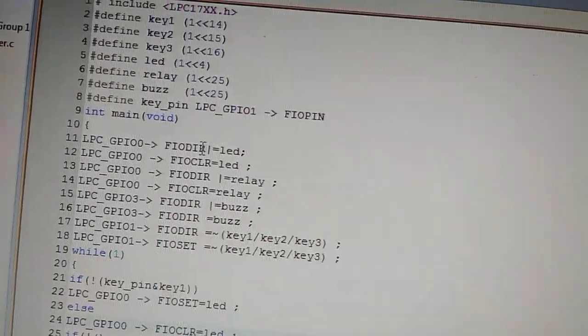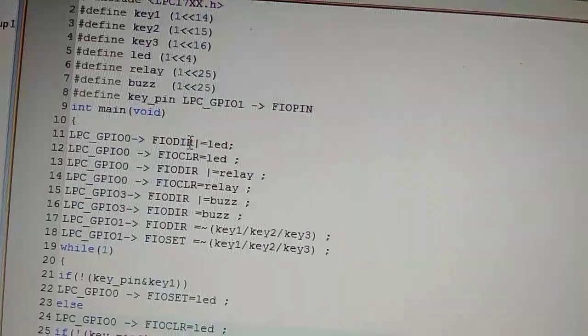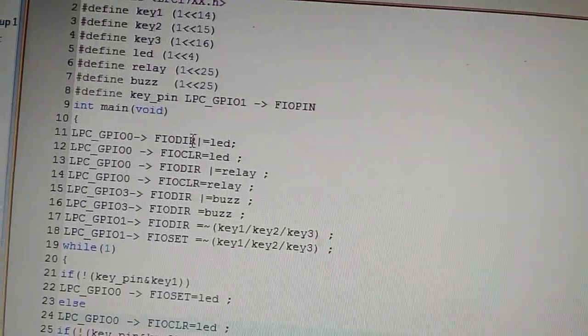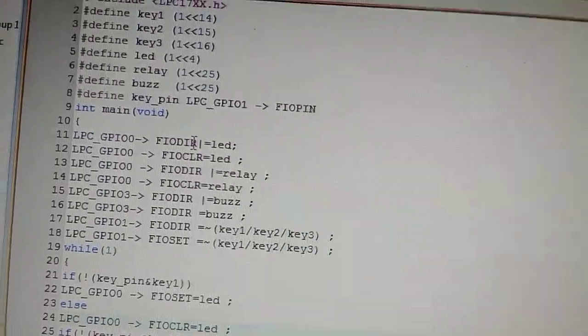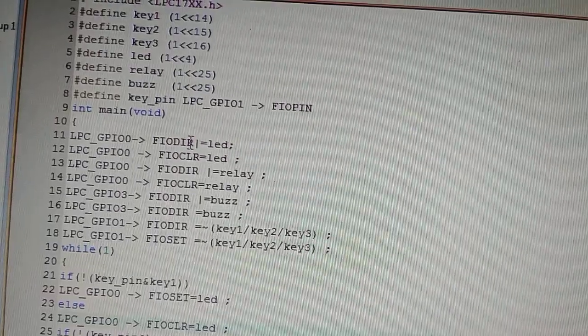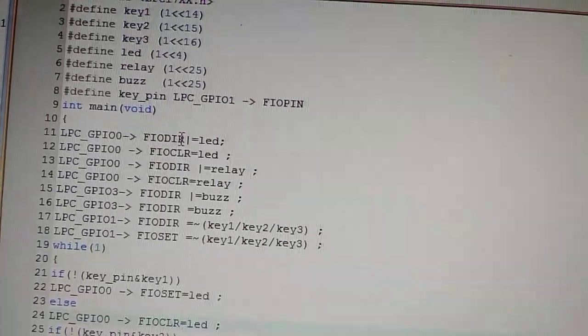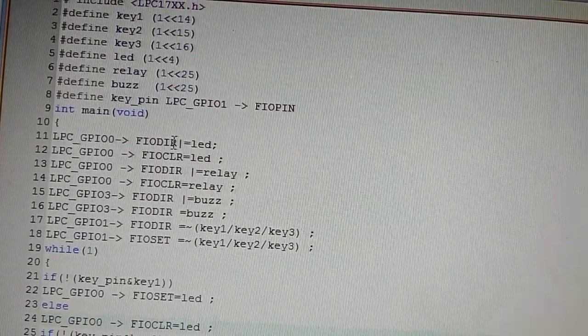So this register will set the direction of the pin, whether that pin is configured as input or output. Suppose if I am going to configure that pin as output, then I have to set that pin as high. And suppose if I want to configure that as input, that pin should be set as 0.